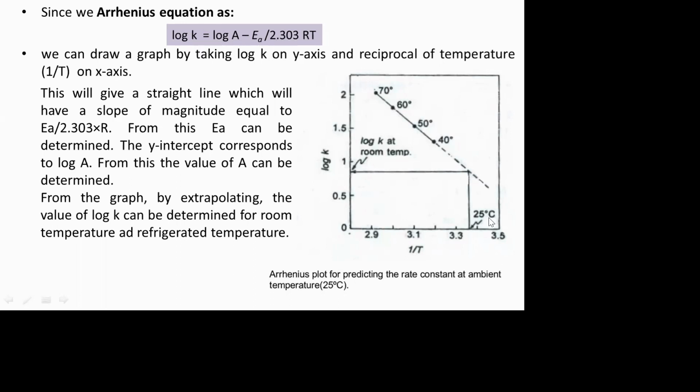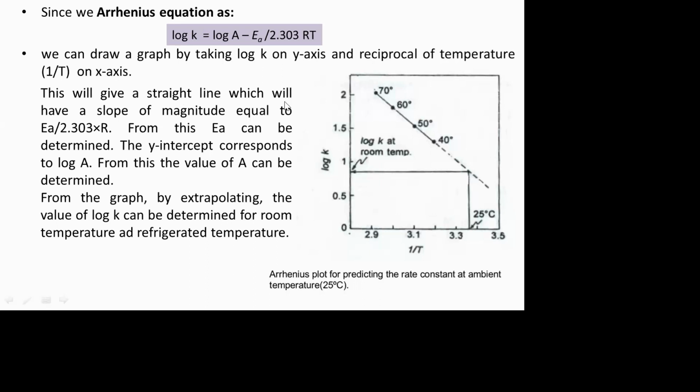यो लग के र 1/t प्लटिङ गरेपछि एउटा सर्टेन लाइन आउँछ हैन, यो सर्टेन लाइन आएपछि यो सर्टेन लाइनको हाम्रो चाहिँ के छ स्लोप पत्ता लगाउन सकिन्छ, यसको स्लोप हामीले क्याल्कुलेट गरेर निकाल्न सक्छौं हैन. अनि स्लोप क्याल्कुलेट निकालेपछि यो ग्राफलाई एक्स्ट्रापोलेट गर्यो भने चाहिँ यसको 25 डिग्री सेल्सियसमा चाहिँ लग के को भ्यालु कति हो भन्ने निकाल्न सकिन्छ हो किन. We can draw a graph by taking log k on y axis and reciprocal of temperature on x axis, यसरी 1/t by log k चाहिँ एउटा हामीले ग्राफ बनाउन सकिन्छ हैन